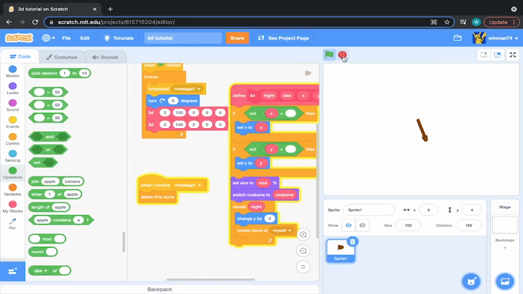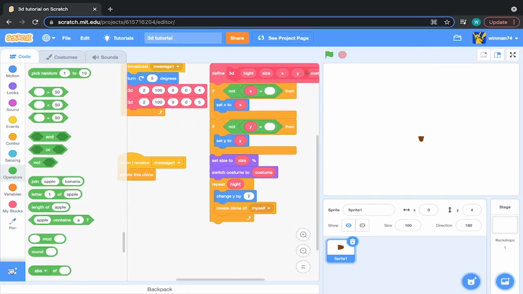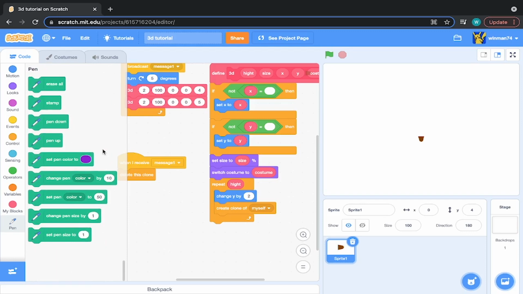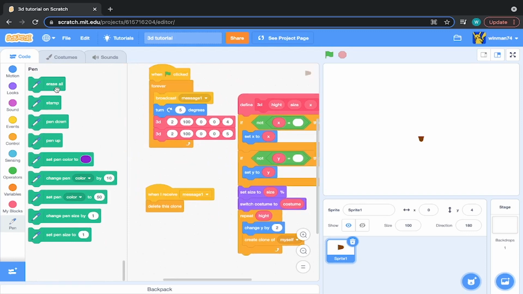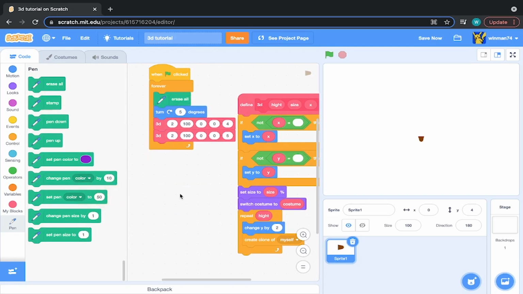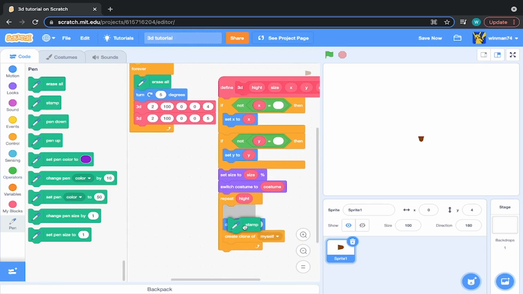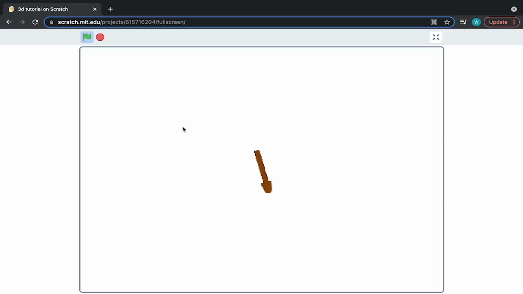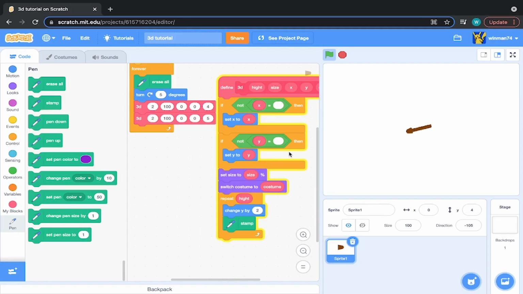Now, a way to make it less laggy, you can click on this blue thing down here. And then click pen. And then instead of the broadcast message 1, put an erase all. Let me just delete that. And that. And then instead of create clone, put stamp. And then it looks worse, but it's less laggy. It might not look worse in your opinion, though. I don't know. But anyway,